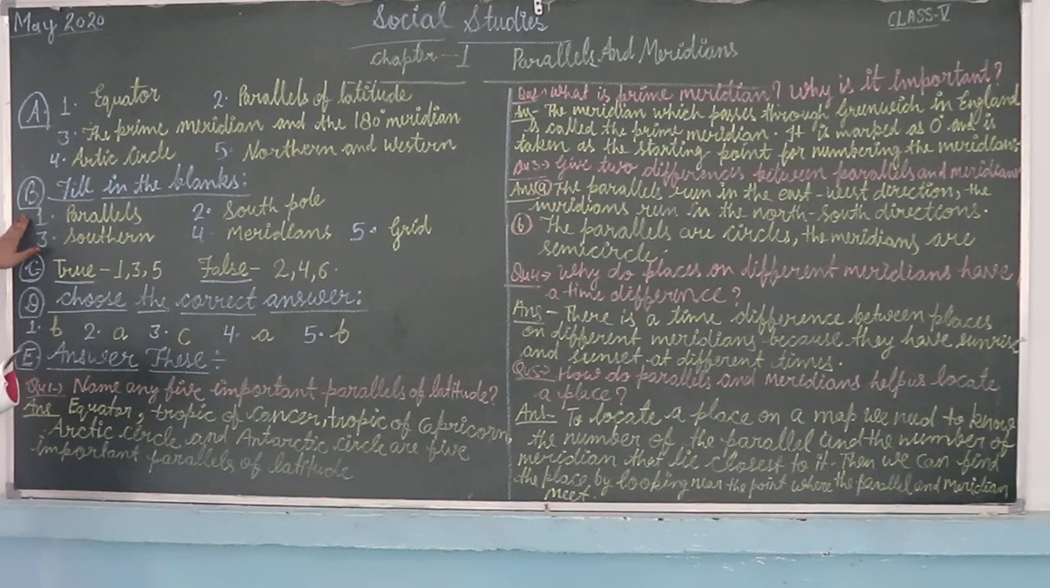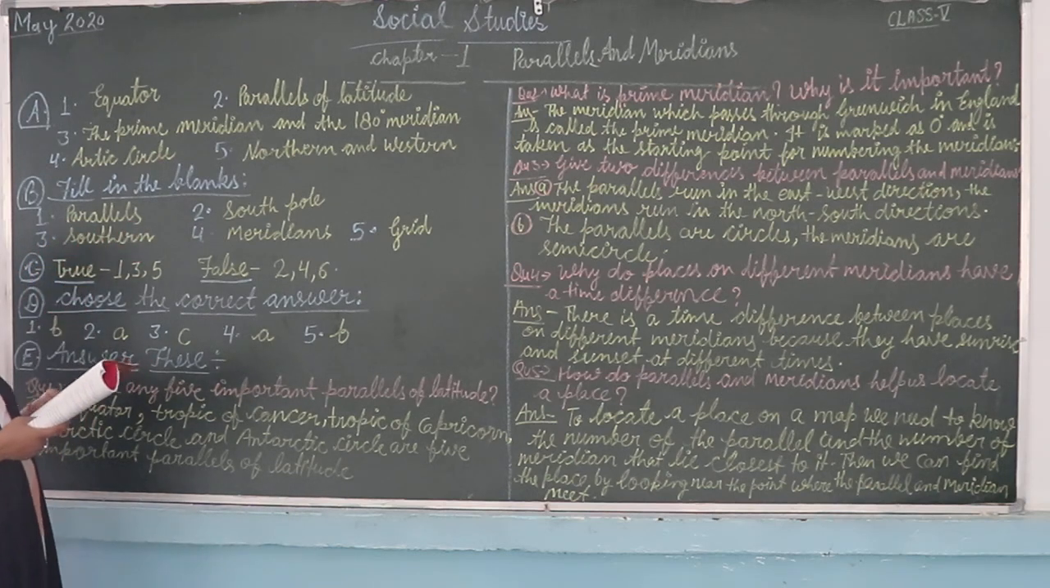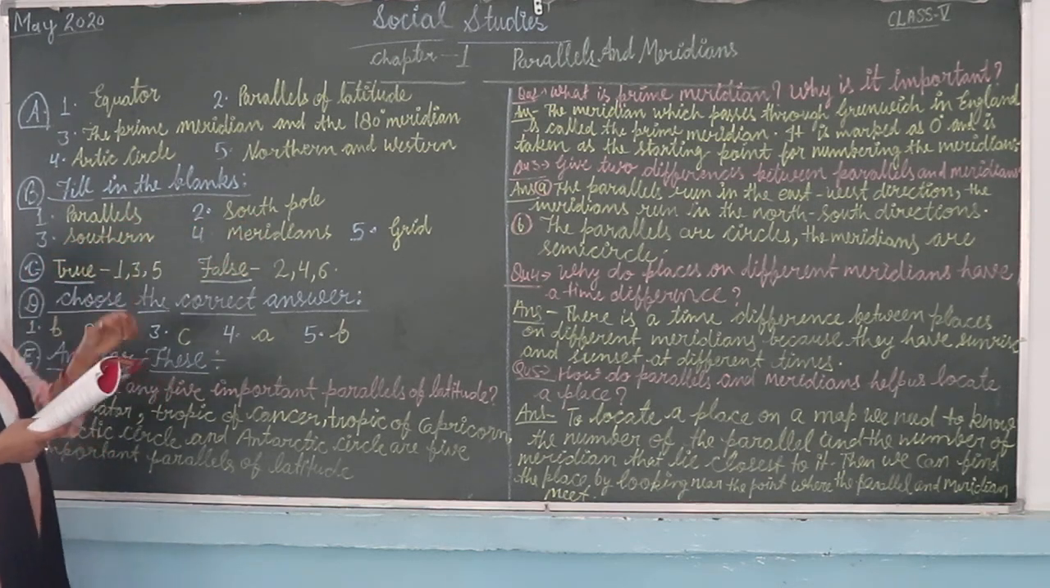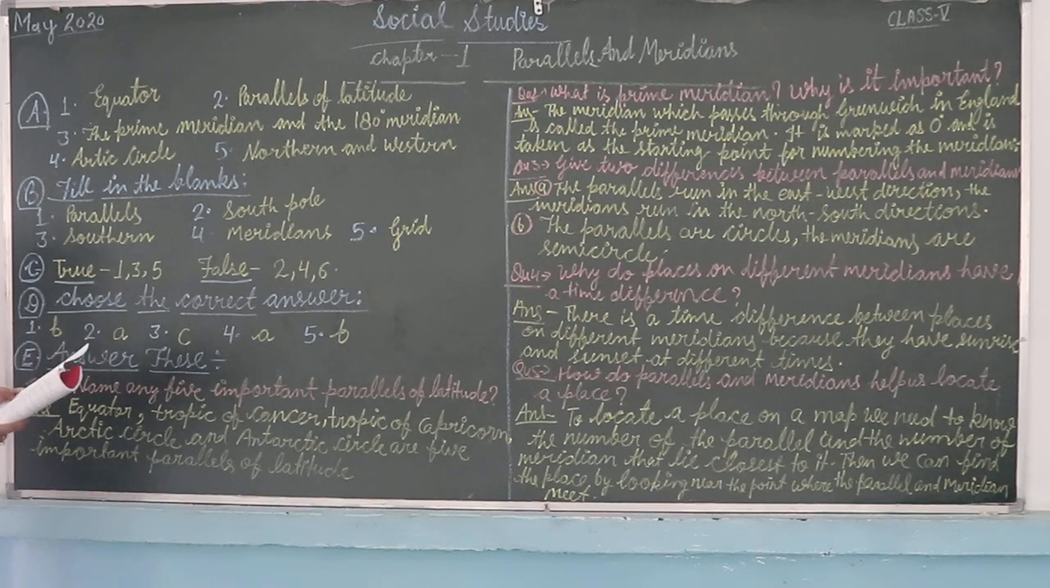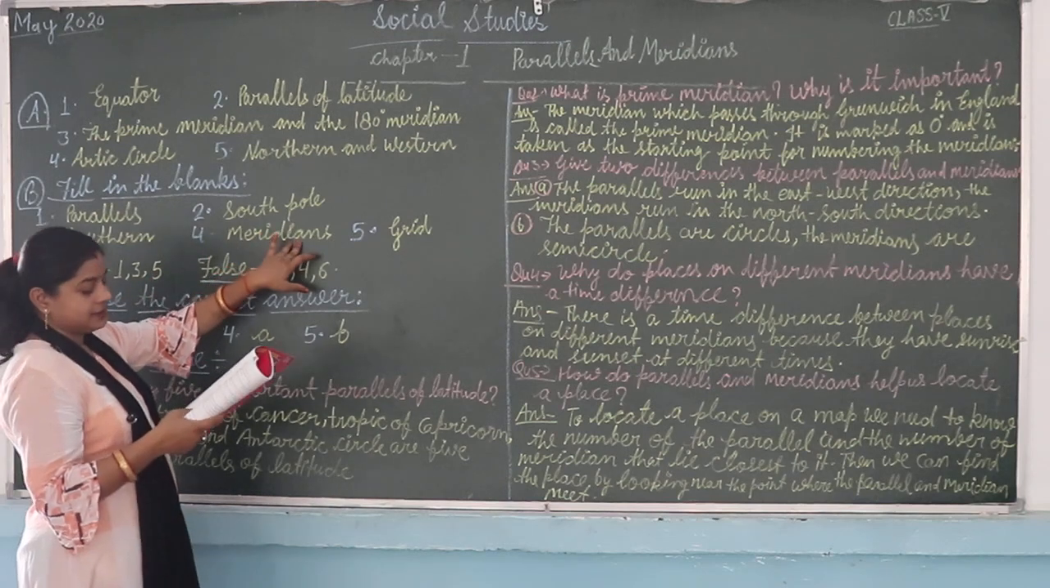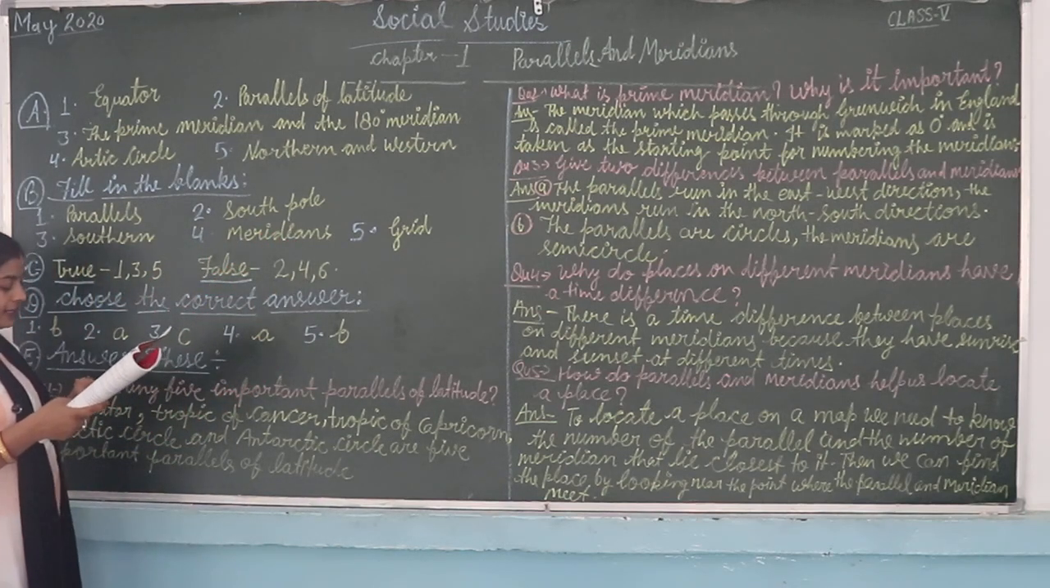Next exercise, fill in the blanks. First is, on a map, the parallels run in the east-west direction. Second, the 90° south parallel is known as the South Pole. Next, the Tropic of Capricorn is in the blank hemisphere, southern hemisphere. Fourth, there is a time difference between places on different meridians. Next and last, the parallels and meridians